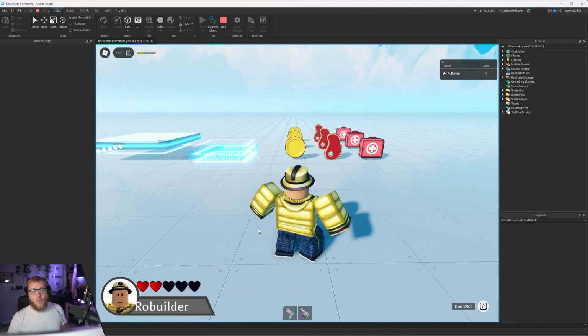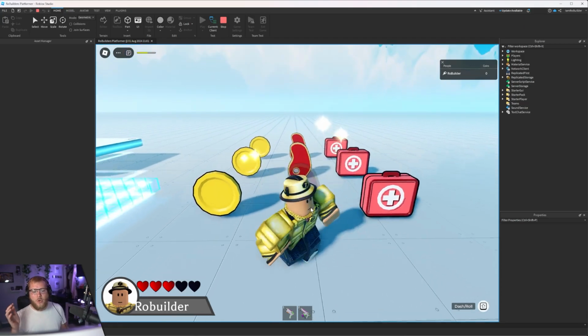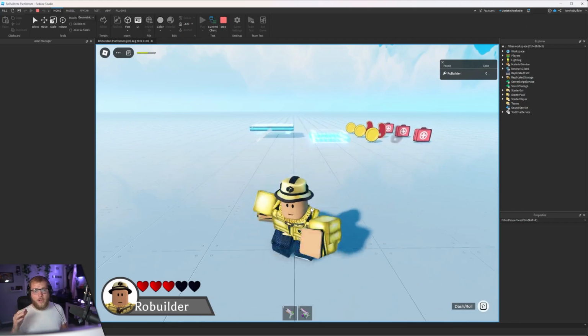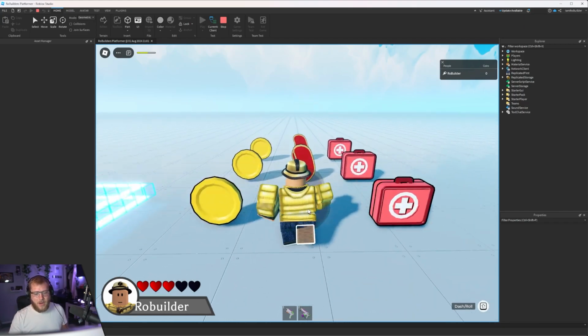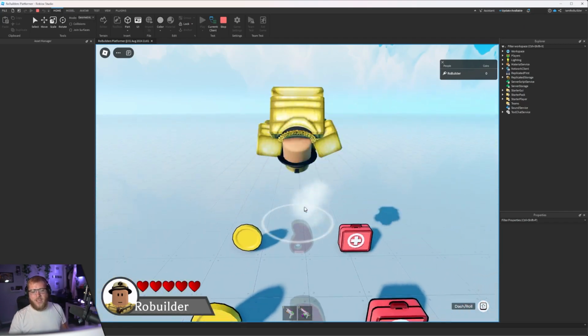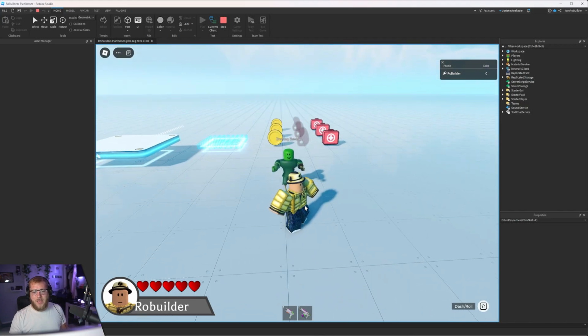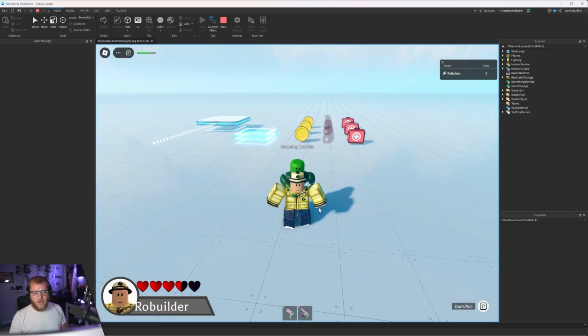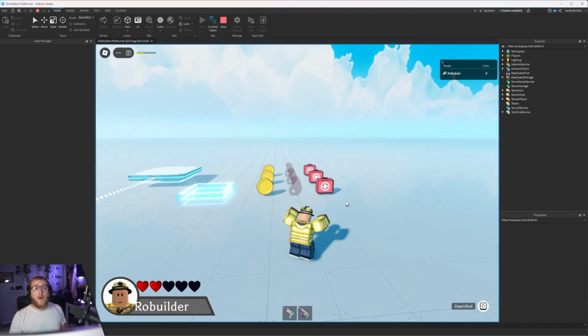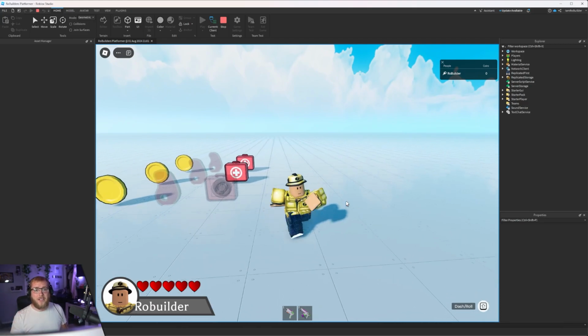But as you can see, we have 2 hearts. If we pick up a stake, you get 50% more health than you currently have. So I bet if I pick up all of these, yeah, we can get up to full. Now, if we let this zombie hit us quite a bit more times, so we get pretty weak, there we go, and we pick up a med kit, it takes us right back to full health.